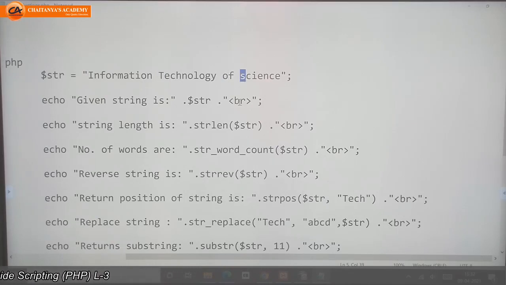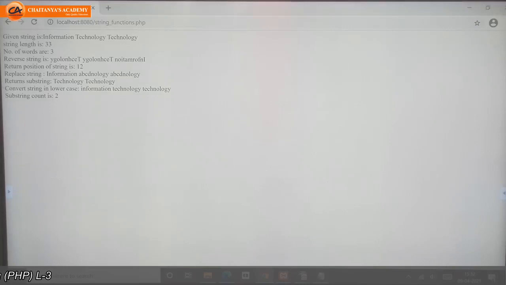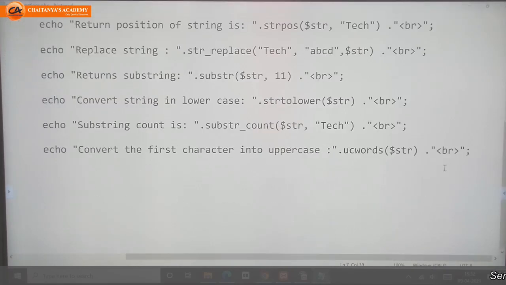So we'll check the output for this. It converts the first letter. See, I and T are capital so they remain unchanged, and O and S are converted into capital letters.